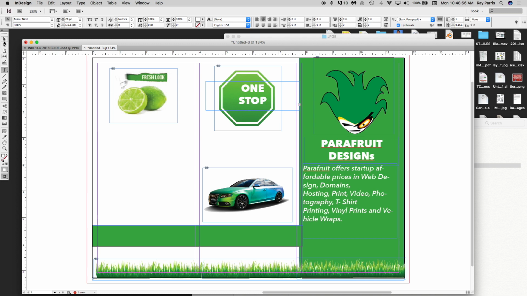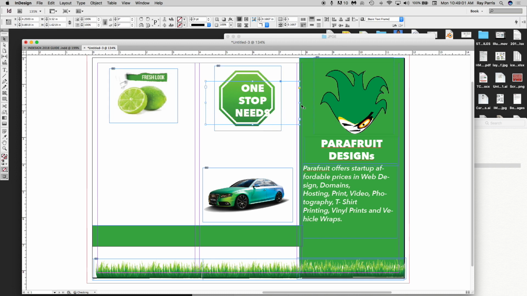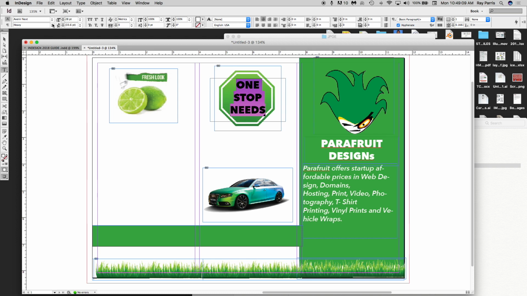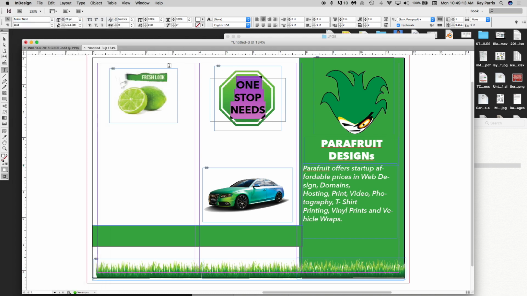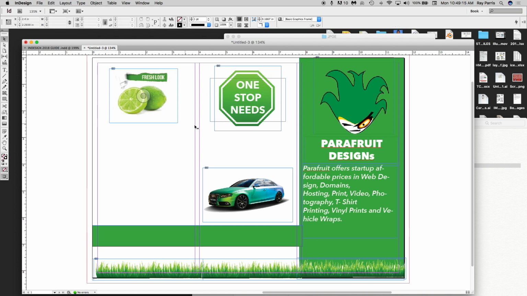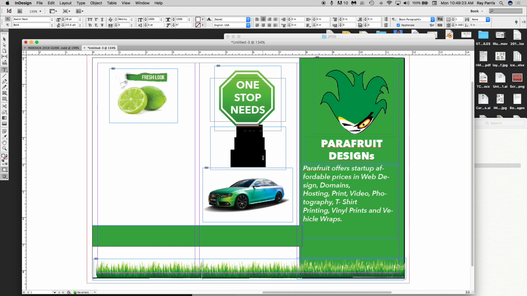Needs. So click on your direct selection tool. We're going to drag this down. Bring that in. Okay, now I think this font is a little heavy, so I'm going to go ahead and change the weight of the font. So let's go with a little lighter. That looks good like that. Let's go ahead and copy. And that's white, so all I have to do now is go here, select all,